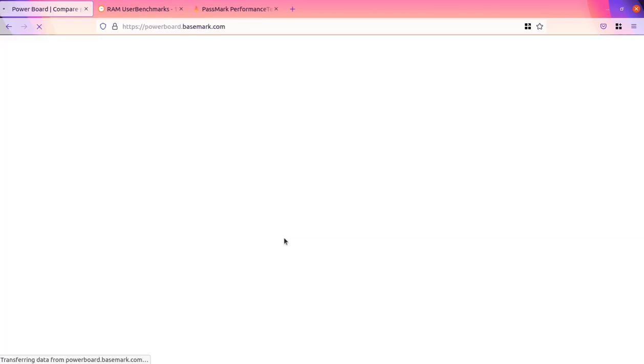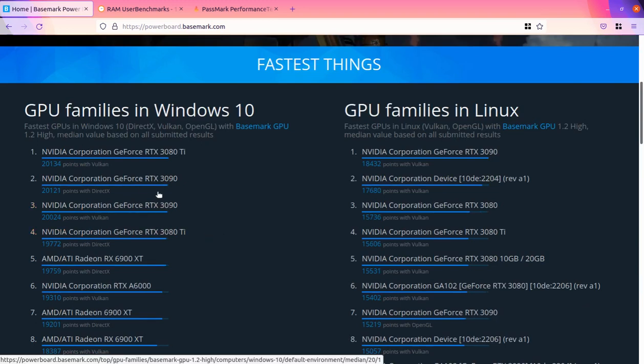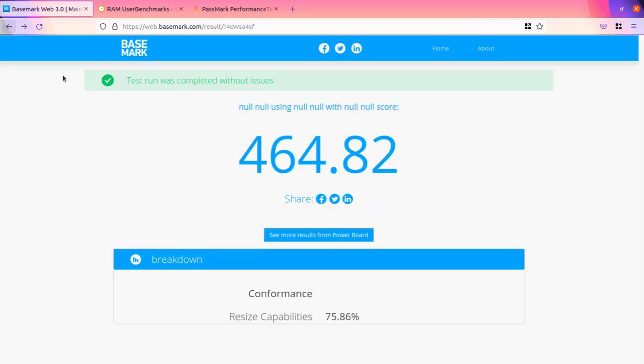So let us see the results from PowerBoard, and this is something else which I don't know what it is. So this is the screen for testing the graphics of your PC, and this shows it does not have any issue.